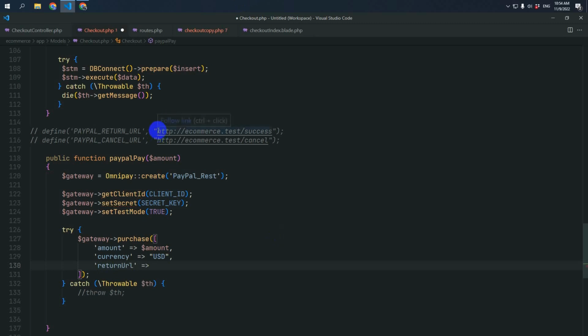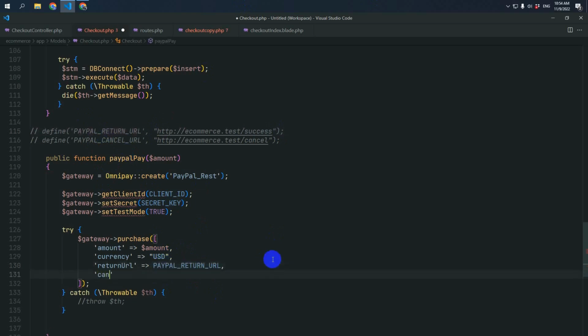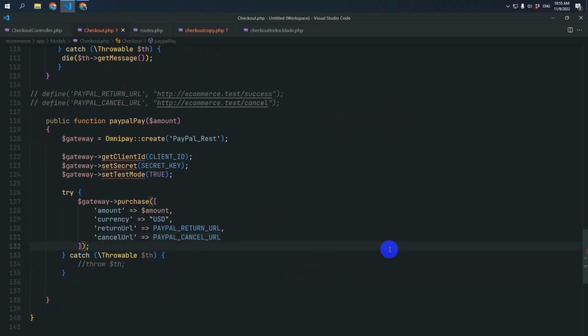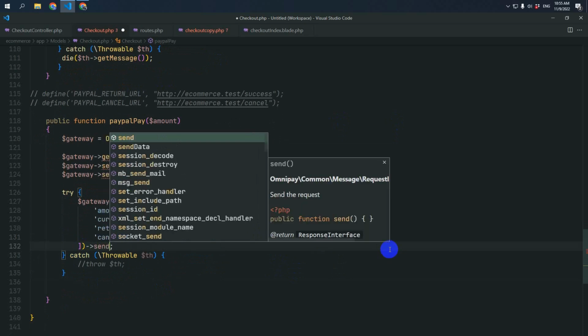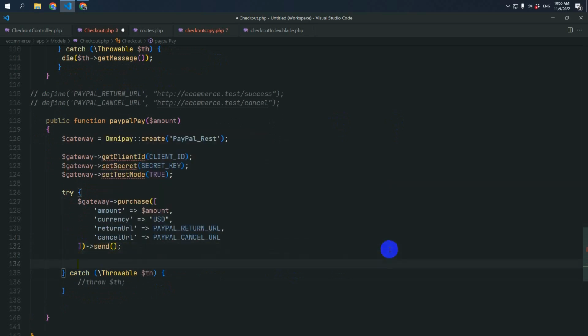So our return URL will be this part. We also define it at the top, so we can say PayPal return URL and cancel URL. And we can make a method chain called send. It will send to the PayPal, and if we check